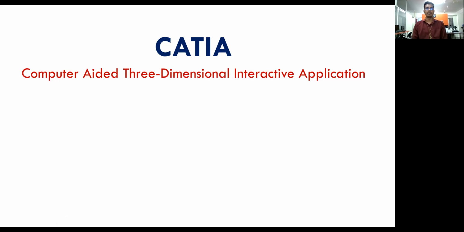In each and every modeling software, we'll go through different types of phases or different types of workbenches. I guess you have seen in your academics, you have gone through SolidWorks, Solid Edge, right? So what are all the things you learned there? It's not an academic class, just tell me what you learned there.